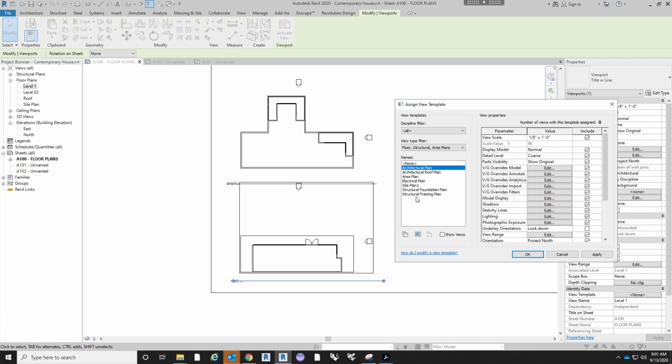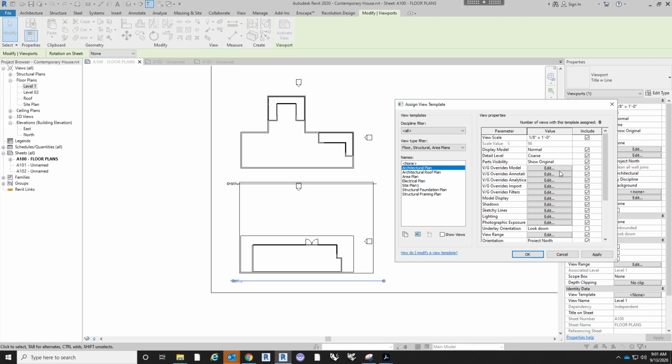So if I want the drawings all at the same scale, all the same coloring, all the same kind of shadows, I want them all to have elevations but not sections, or callouts but not elevations, etc. I can go in, set up one view template with all of those graphic properties preset,